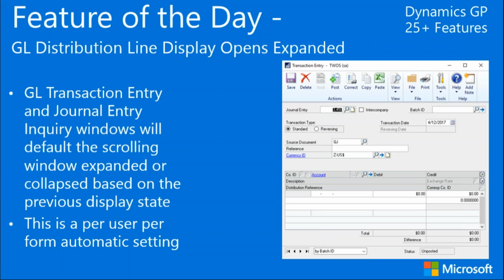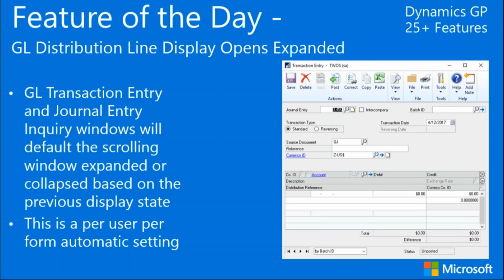When you open the journal entry window to actually key in, or if you open the journal entry inquiry window, the scrolling part of the window, down towards the bottom where we put the account number and the debit and the credit, the actual meat of the transaction, will either open expanded, so you can see in this case all three lines of information: the account, the description, and the distribution reference if we're using it. That will open the way that you see mine, expanded, or if you don't normally care to look at the expanded part of the window,